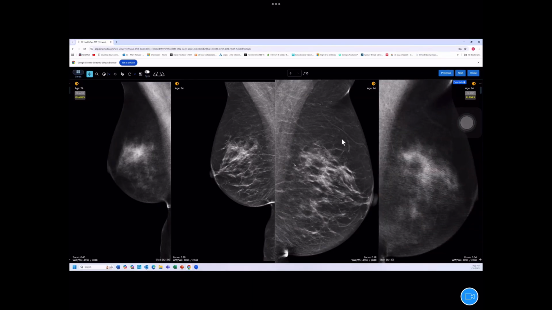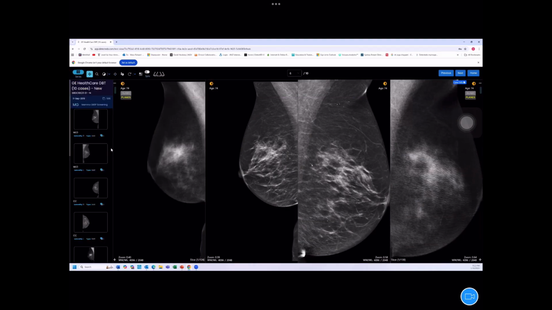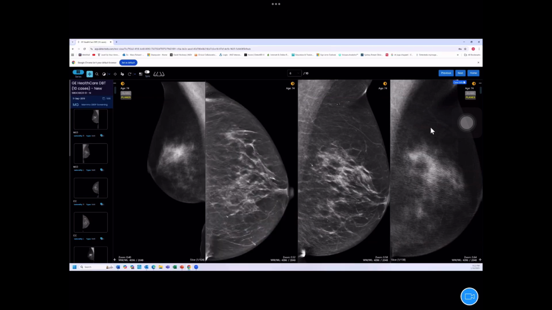So we'll just zoom this one up a bit and move it over a bit, because we're interested in where this little asymmetric density that we saw on the other view is, and I can bring that over just out of interest here. We saw it up here. So let's have a little bit of a look through on the tomo. And as we come through on this tomo,